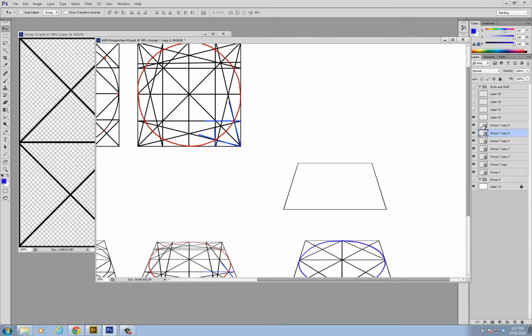And all we need to do is create a sphere. And you can either stroke the sphere at this point,